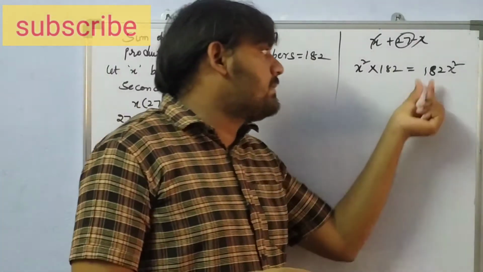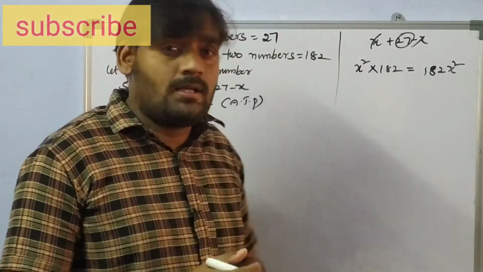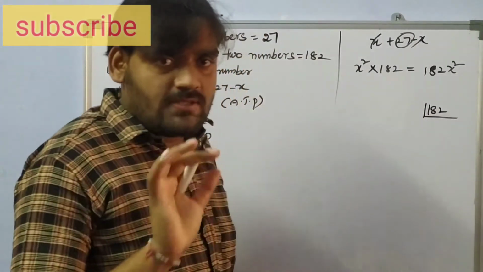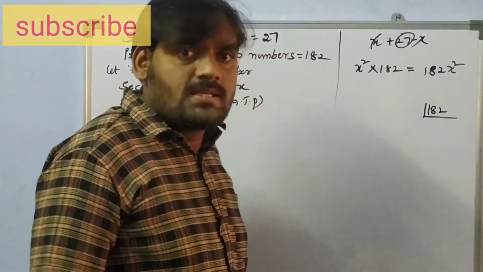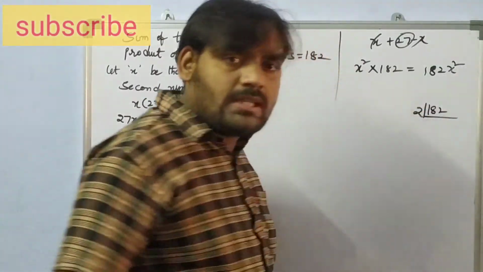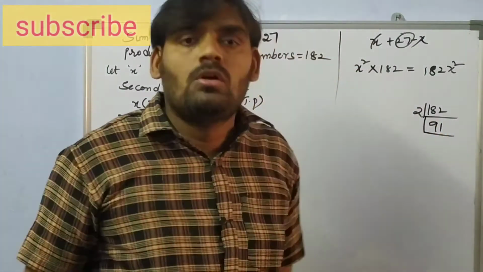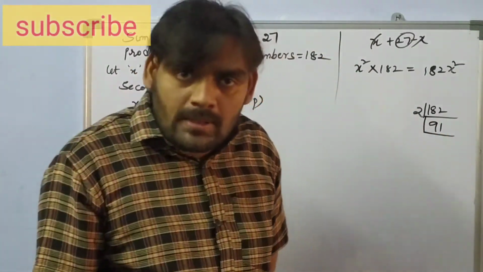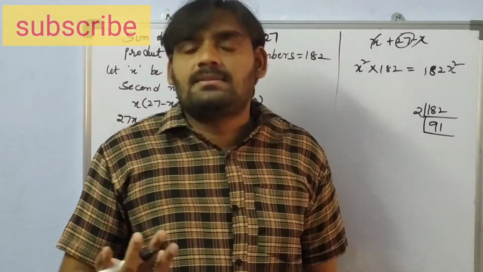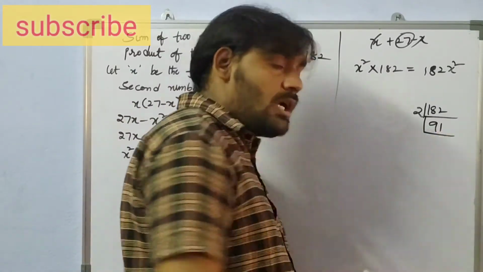Here, if the number is less than 100 we can easily find factors, but it is more than 100. So to find those two numbers, first find the prime factors of 182. What is the least prime number? 2. If you divide 182 by 2, in the quotient you will get 91. Once again, can you divide this number by 2? No. Next we go for another prime number: can you divide this number by 3? No, we can't divide by 3 also, because the sum of the digits is not divisible by 3. Therefore, 91 is also not divisible by 3.